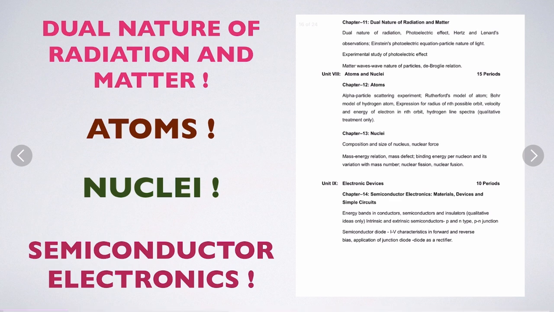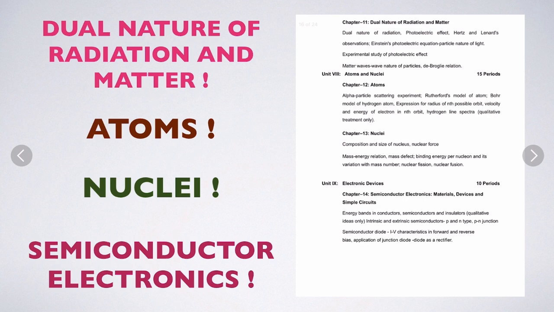And the last chapter is electronic devices, that is semiconductor electronics, materials, devices and simple circuits. This is again a most important chapter. I have told you the most important chapters, that is AC currents is one, optics is one, and now this is another one, electronic devices. Here the most expected long answer questions are band theory of solids, that is semiconductors, insulators and conductors,